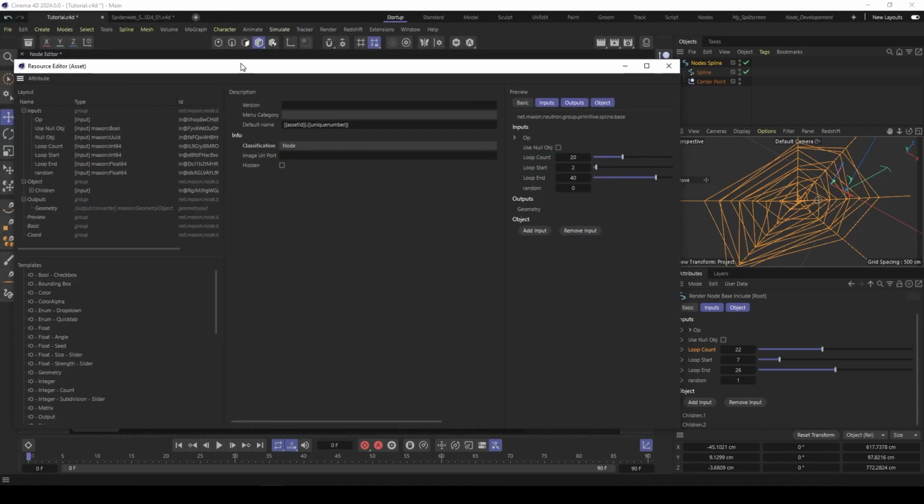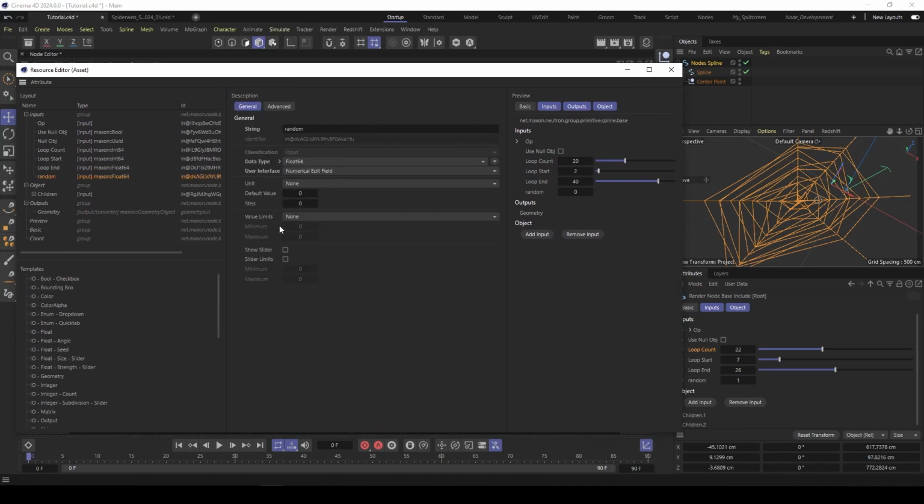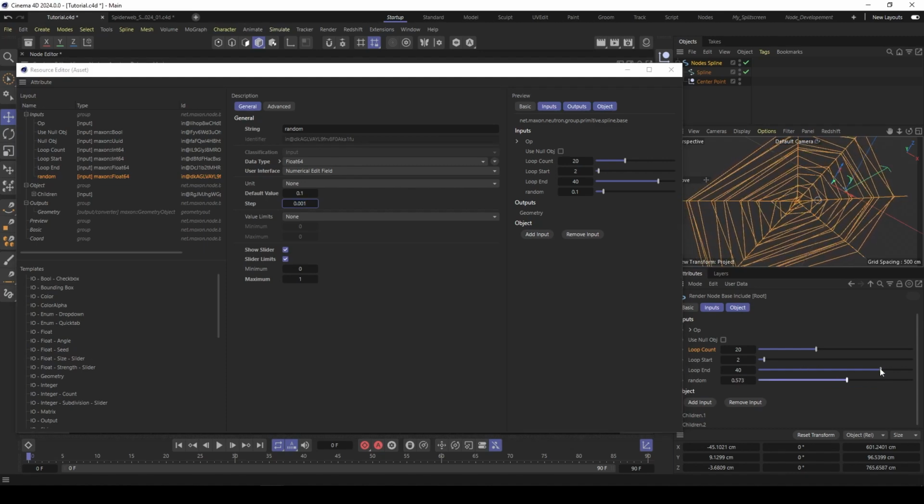Also adjust the parameter here. Maybe also make it a slider, and then the minimum and maximum will be 1. Default value maybe 0.1, and then the step super small. And now you can see we can add some randomness,